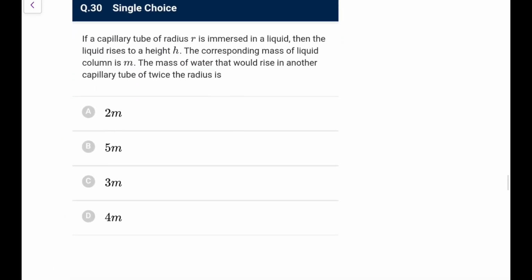If a capillary tube of radius r is immersed in a liquid, then the liquid rises to a height h. If the corresponding mass is m, what is the mass of the water that would rise in another capillary tube of twice the radius? If it is twice the radius, h is inversely proportional to r, so h would be half. So in the first one, the volume that is lifted, you will write as pi r square